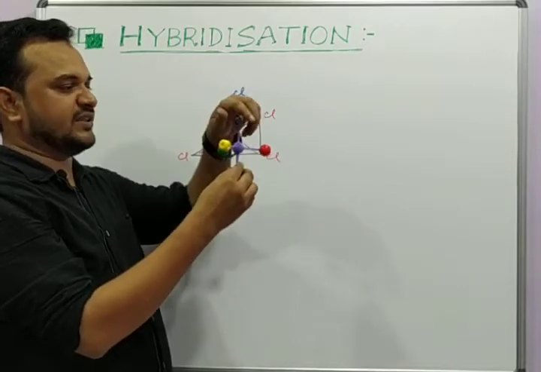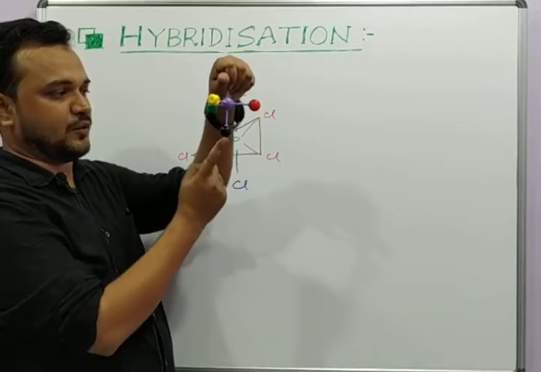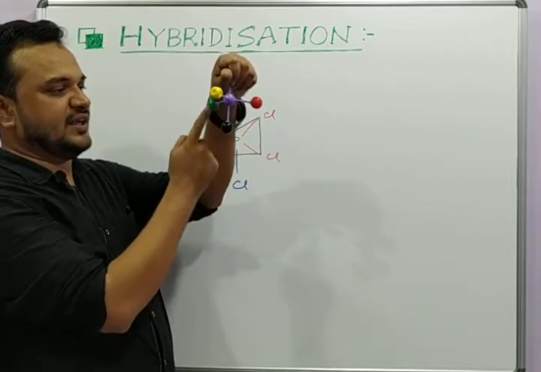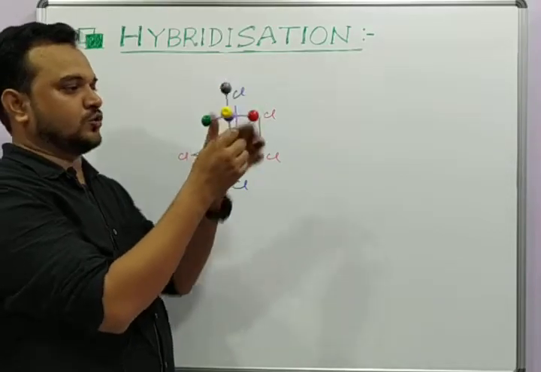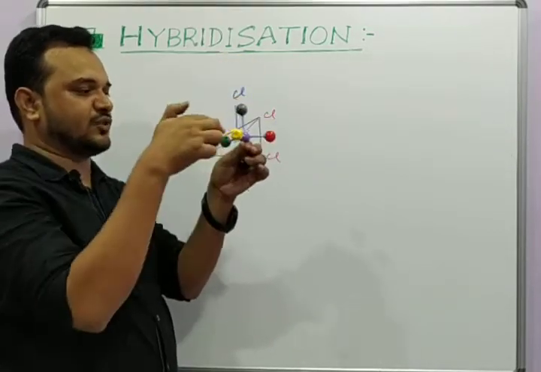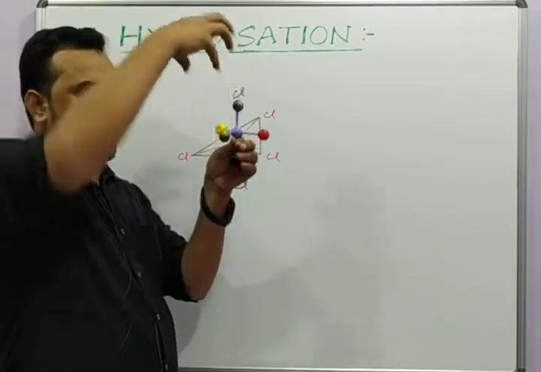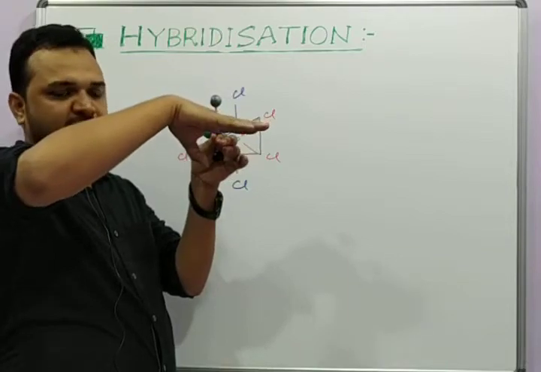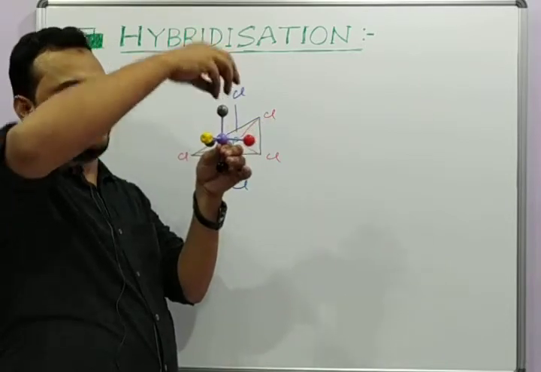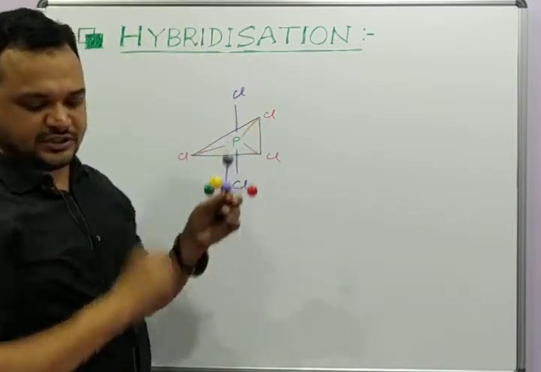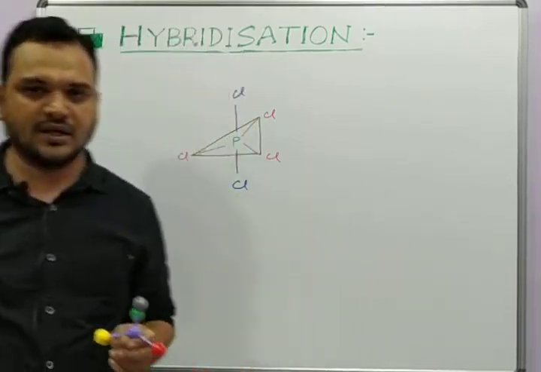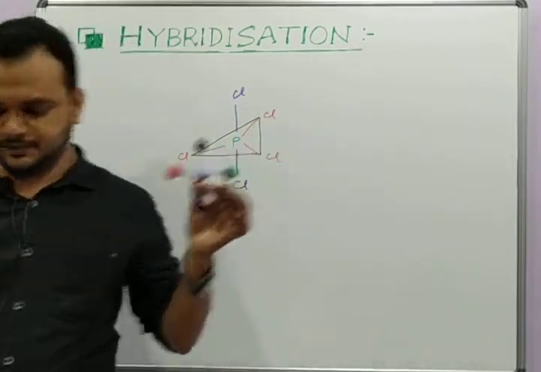Similarly, if you take off this ash colored atom, you take the black one, and if you add these 3, it is again a pyramid. So on both sides of this trigonal plane there are 2 pyramids, so it is trigonal bipyramidal, a trigonal basal plane, and on either side of this there are pyramids. So the geometry is known as trigonal bipyramidal.